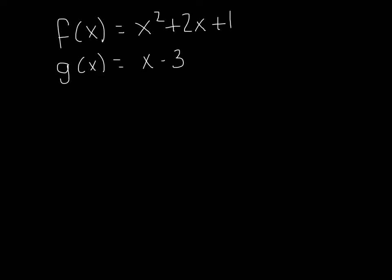In this problem, we're going to practice composition. So we have two functions, f of x equals x squared plus 2x plus 1, and g of x equals x minus 3. And we're going to do composition on these functions. So f composed with g of x, and that means